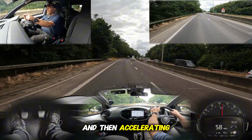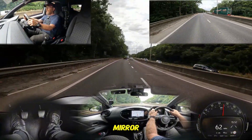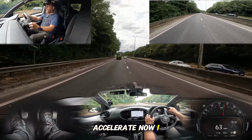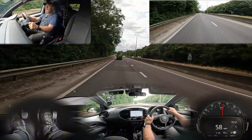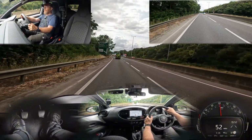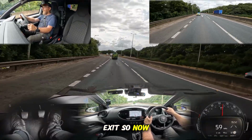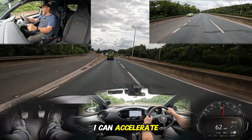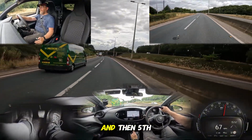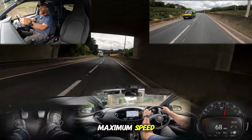and then accelerating. So I'm catching up on that green van, so I'm checking my center right mirror. Still accelerate. Oh, I'm not going to accelerate now. We have an emergency vehicle in the right lane. Good, so I'm accelerating. They're taking the exit, so now I can accelerate again and check my center right signal, and then fifth gear, close to maximum speed,